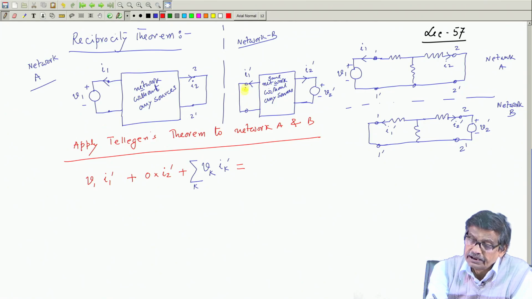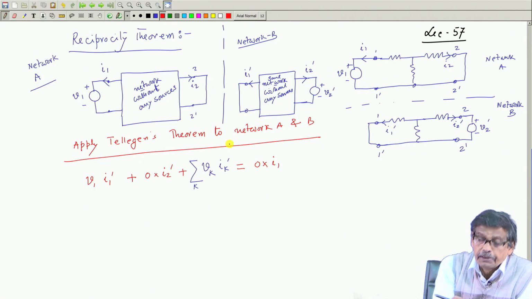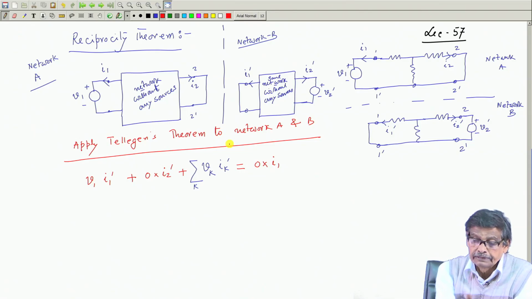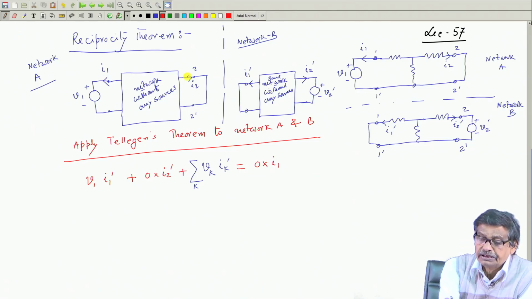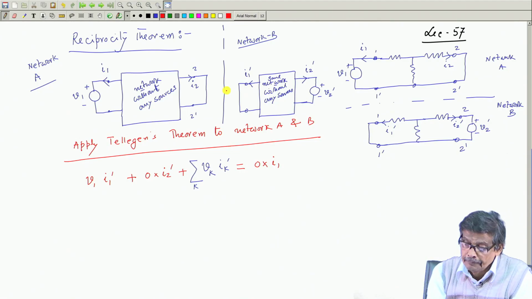For example, voltage in this branch, in this one is 0 because this is shorted. Therefore, 0 into I 1 and all are absorbing power, is it? That is how I assume this direction of the current. So, 0 into I 1, always be consistent with that, 0 into I 1 plus then this term I will